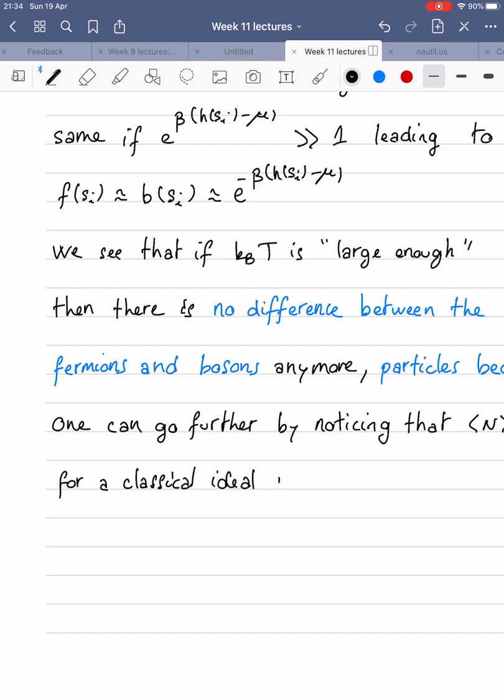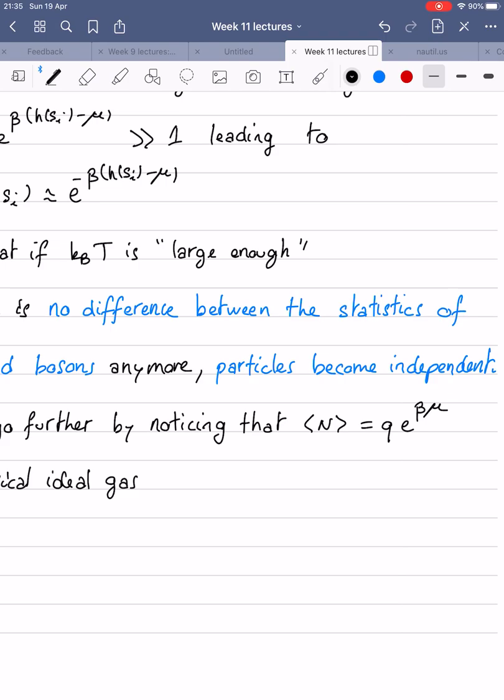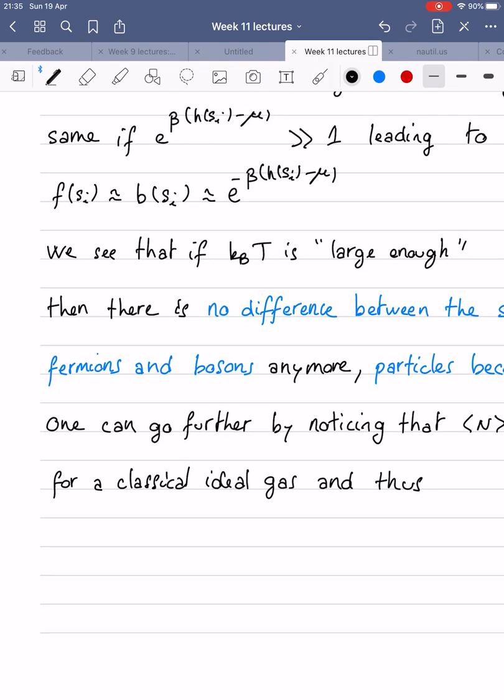But because here we have reached the full classical regime, because we are non-degenerate, because there is no difference anymore between bosons and fermions, it means that the quantum nature of these particles has disappeared. So then we can reformulate this into a more familiar, or at least quite intuitive, picture, which is that